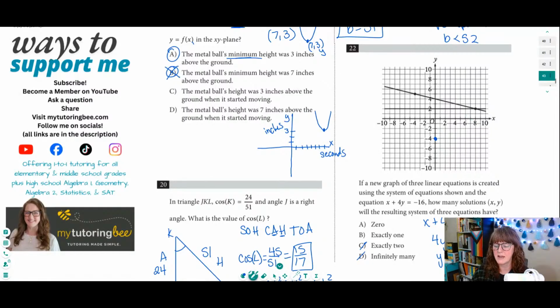I can already tell this is going to have no solution because we've got a negative slope. So we're going down 1, 2, 3, 4. There's no way that this is meeting up here and going to intersect these other 2 lines at this point. We can tell from the slope. In fact, I'm pretty sure that this line and this line are parallel to each other. 2, 3, 4. And we could verify that by finding the slope. Yeah, this also has a slope of -1 over 4. So this one has 0 solutions because they don't all 3 meet up at the same point.